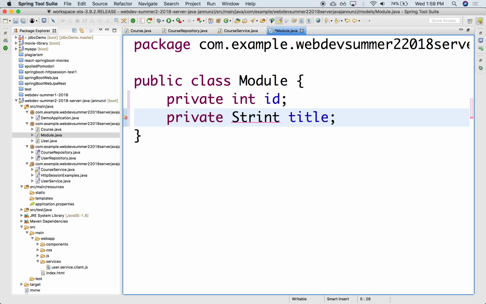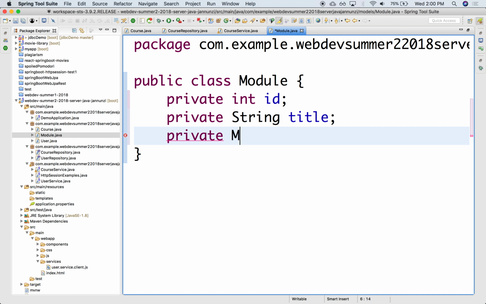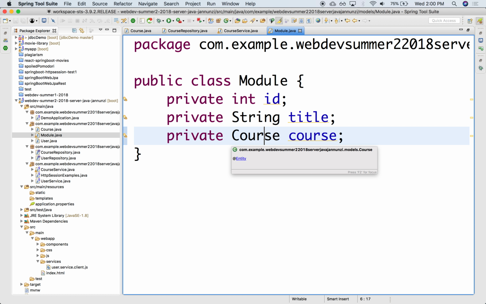But the other thing that we need to do here is to model the relationship between a course and a module, right? Where a course can have many modules, and a module belongs to one course. So to accomplish that, we can have here a reference back to the course that this module belongs to, right? So there we go, right? So we know now that a module knows what course it belongs to, and vice